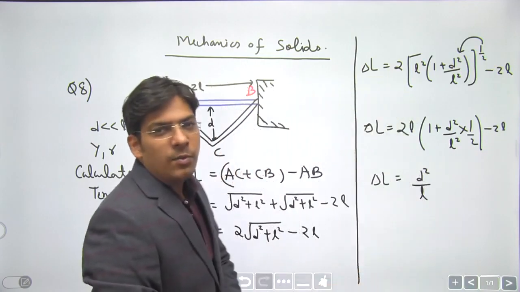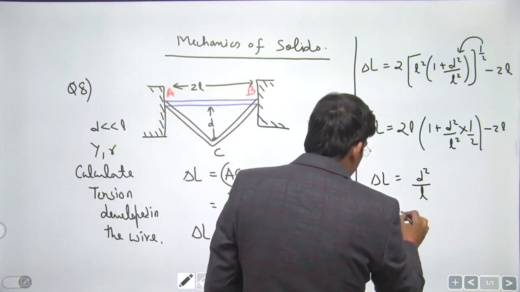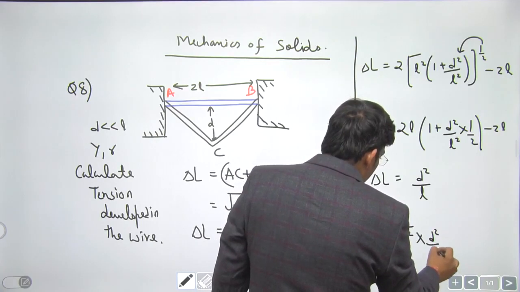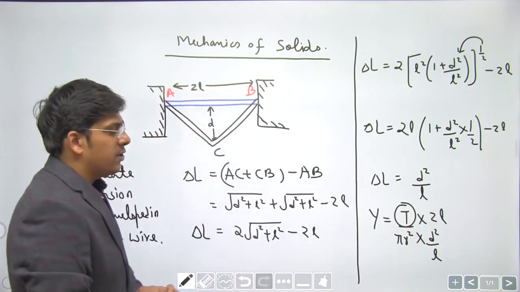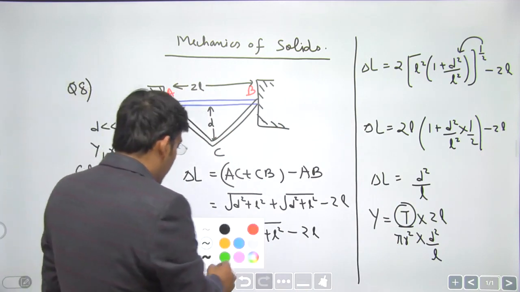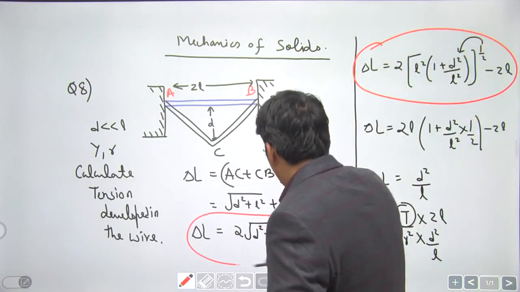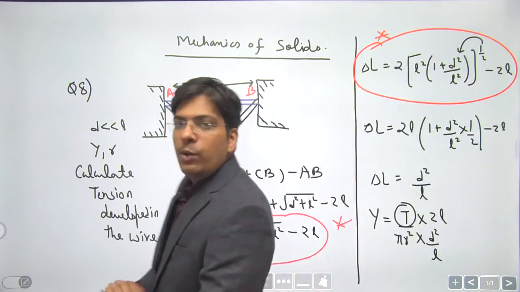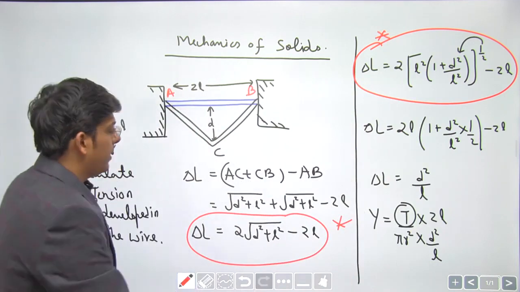So we have got the extension in the wire, and we are not interested in many things now. Young's modulus is going to be force, that is the tension, upon area, that is pi r square, into extension in the wire, which is D square by L, into original length, right? So we got the value of tension from here. We can easily get the value of tension from here, dear students. Okay, I hope this is clear to everyone. The main important thing was applying this binomial approximation, making some rearrangements in this expression. This was the star step in the solution, right? So kindly note down, dear students, this was an NCERT question, and we expect some NCERT questions in NEET. Okay.